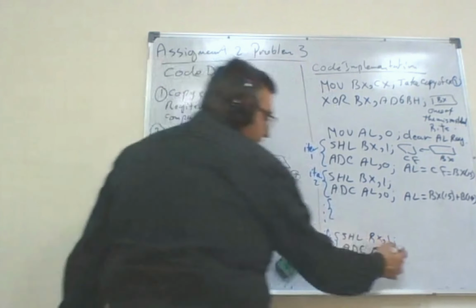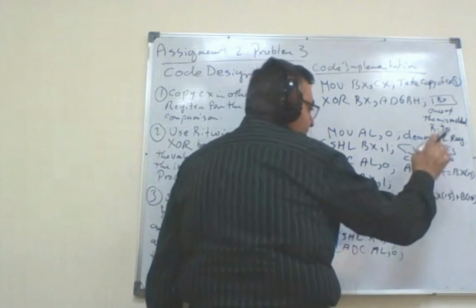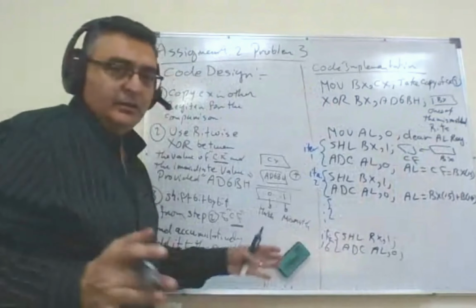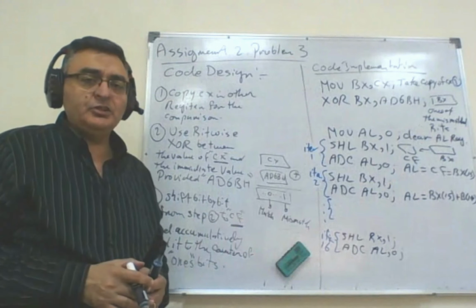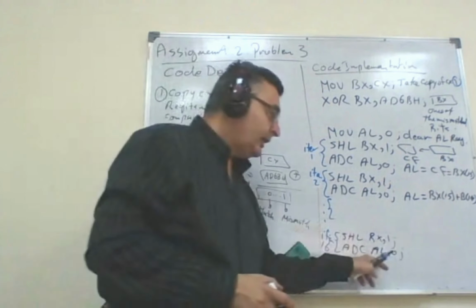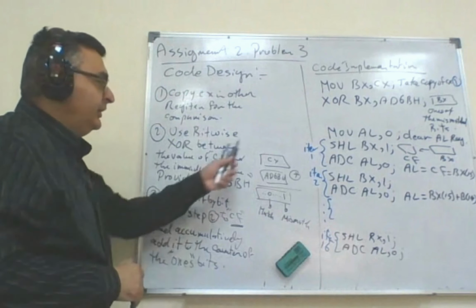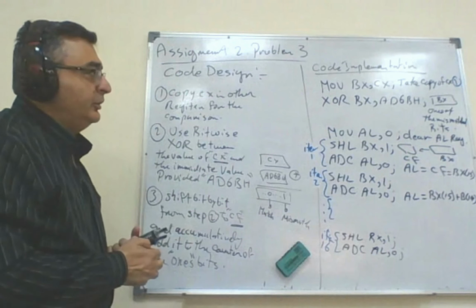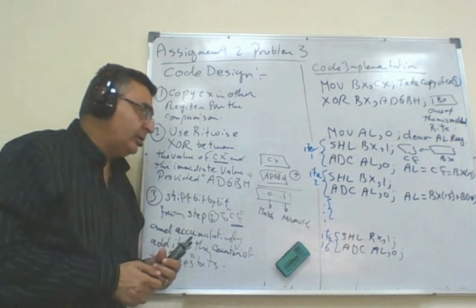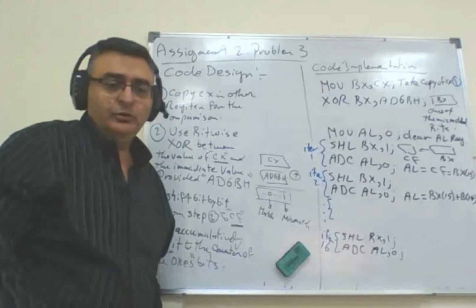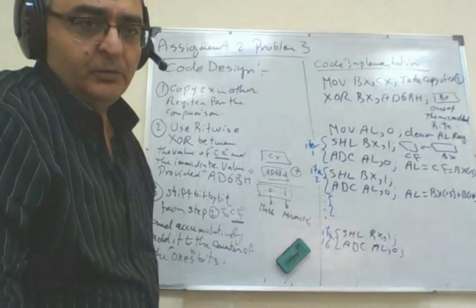At the end of the step, I have aggregated all the values of the bits of BX together, which will give me the count of the number of bits equal to 1 that are not matched between CX and the immediate value provided in the problem. So this is the solution for problem number 3, and see you after a little bit of break in solving problem number